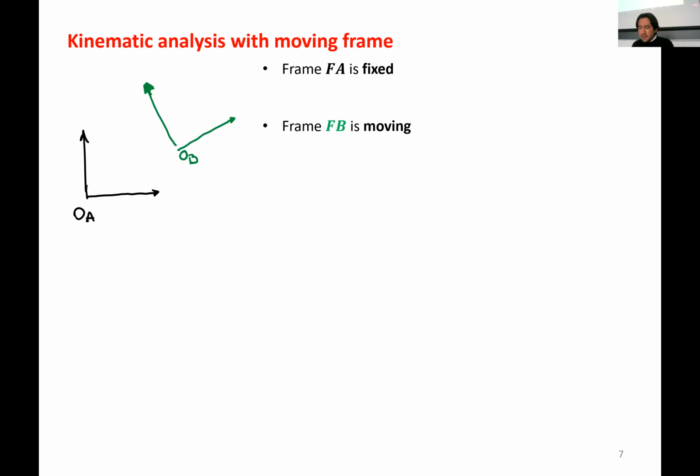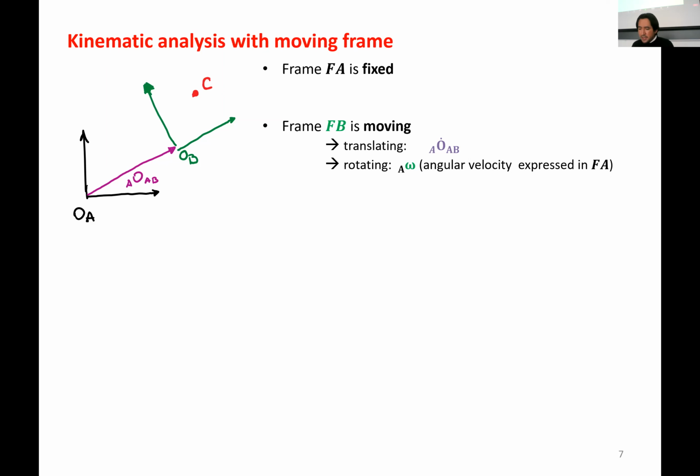And then we have a frame B, which is moving, which can be represented by this vector pointing from the origin of frame A to the origin of frame B. And this frame is moving with a velocity which can be obtained by the time derivative of this vector. And it's moving also with an angular velocity, which is represented by omega expressed in frame A. Now we have a point C,